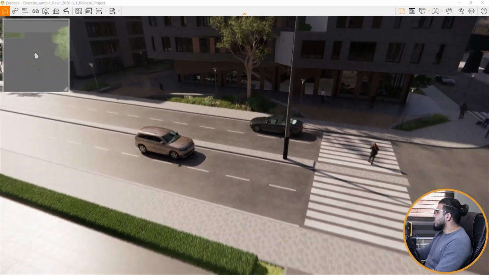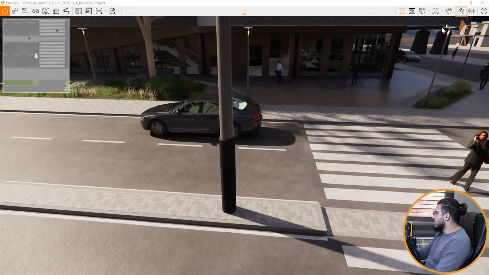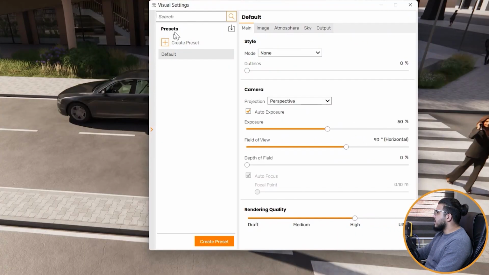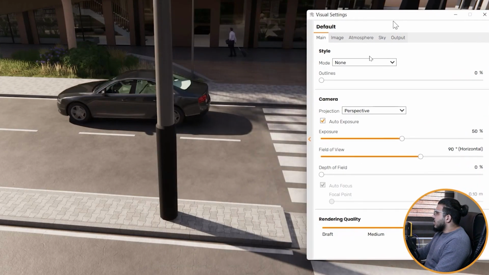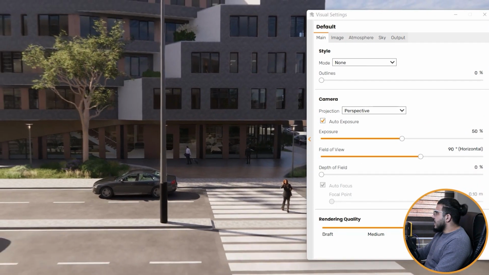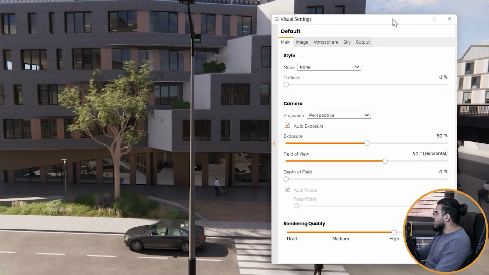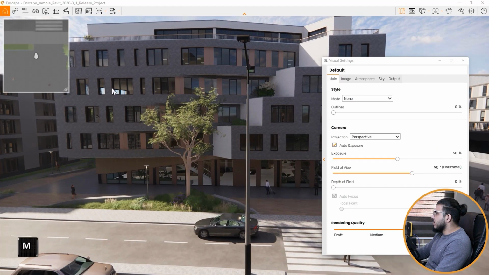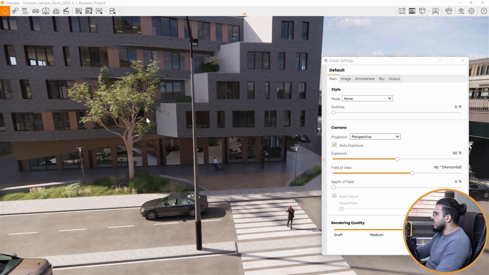Now this is the time to work with visual setting. To do that, click on visual setting in here, and you can see some settings in here. I don't want any preset right now. We will talk about the presets in the future, but right now in here you can see some settings with different tabs. The first one is your style. For example, we don't have any style right now. Let me turn off the minimap to focus on the main work that we have in here.